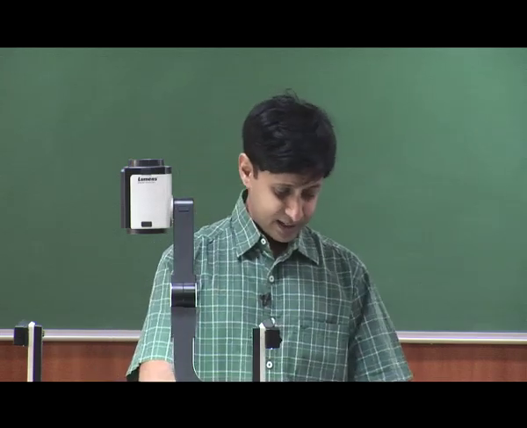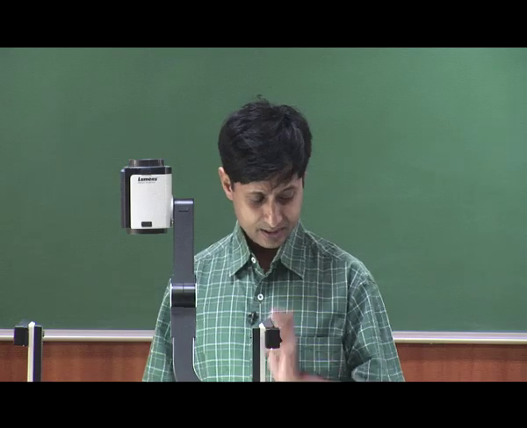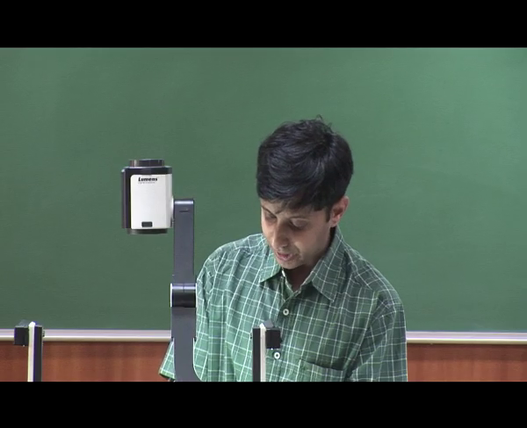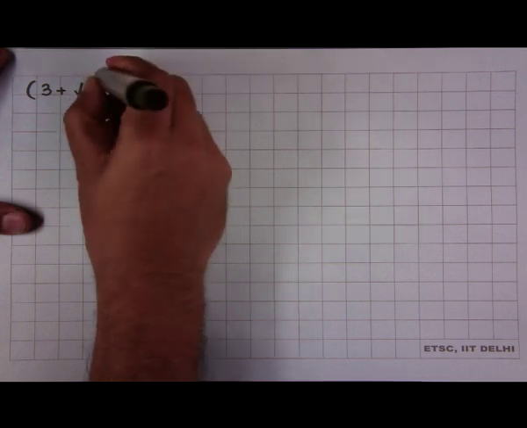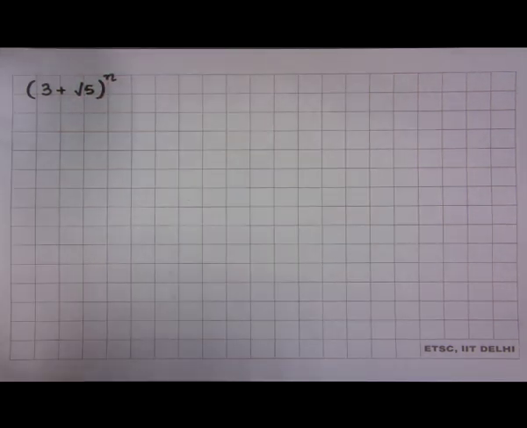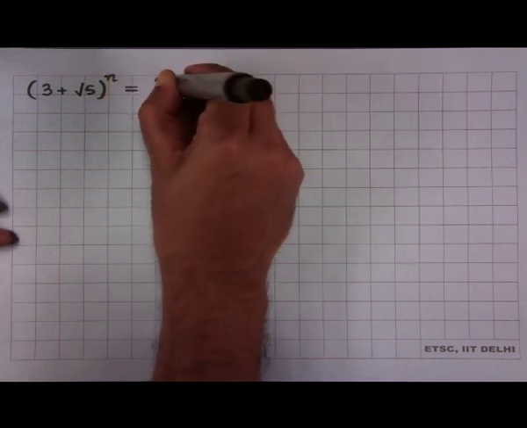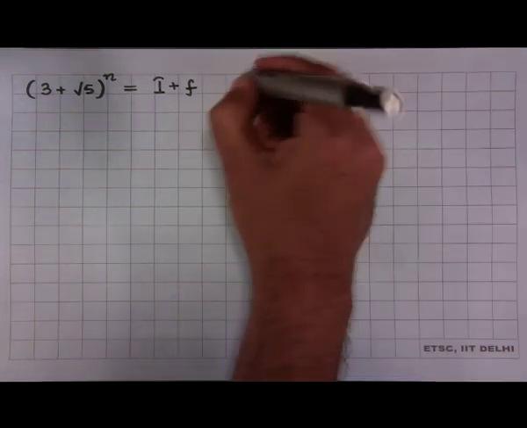Okay. So, the next example that we are going to do, here again this is going to be an exercise in elegance, how elegant is your solution. So, the question over here is suppose you have got (3 plus square root of 5) whole to the power n. Okay, I do not know what exactly n is, and the question states that if this is equal to I plus f, where I is the largest integer,